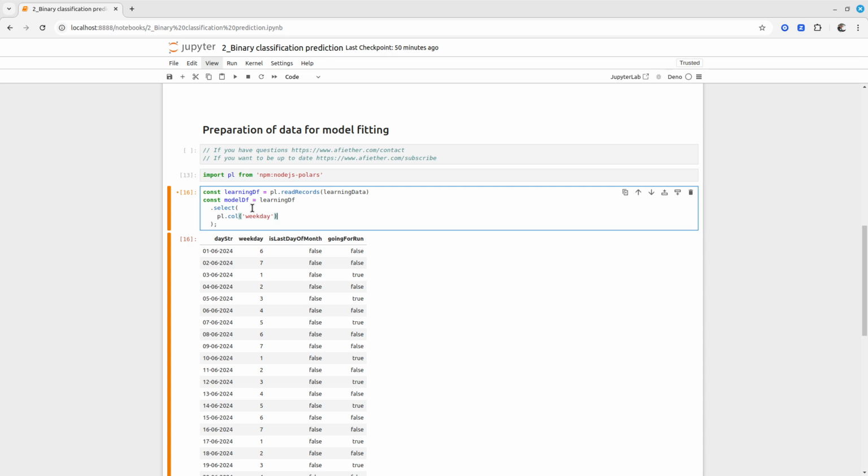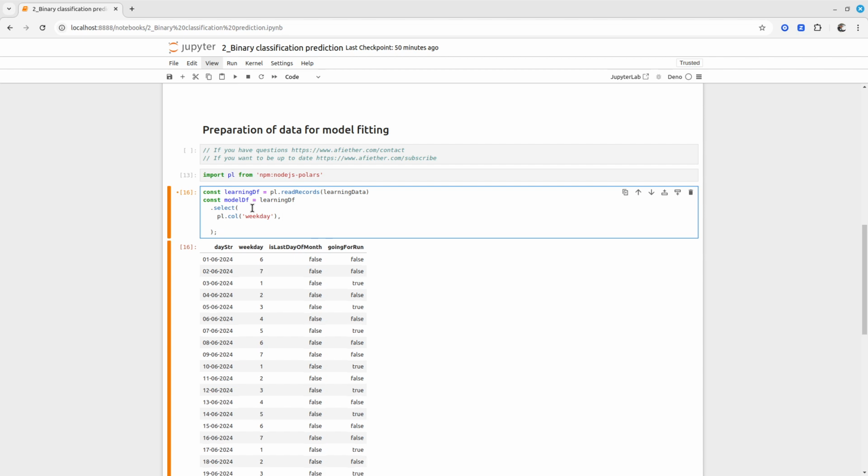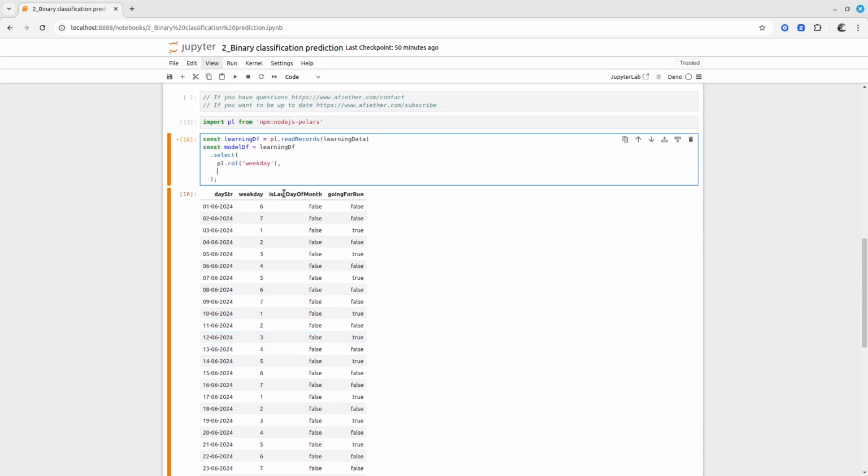This one we will use as it is. Then we will use the last day of the month column. So we will say pl.when, which is practically defining an if. We will say if this column, is the last day of the month, equals true,